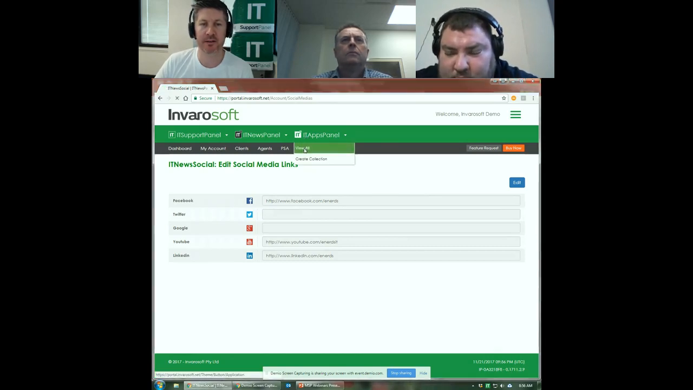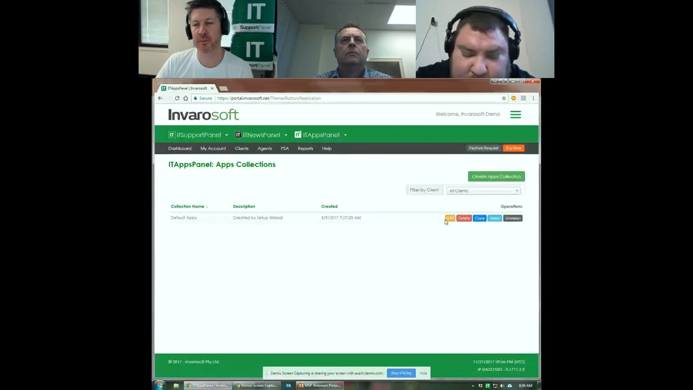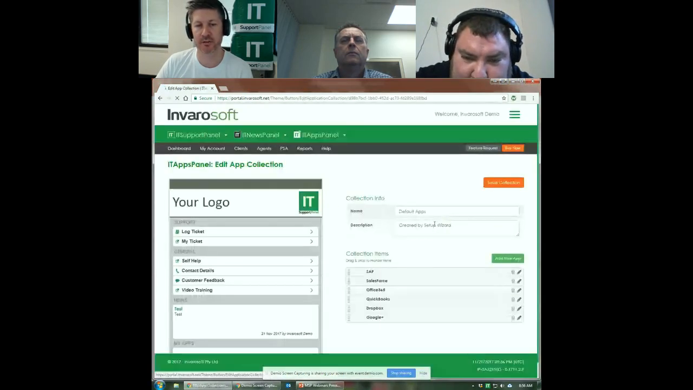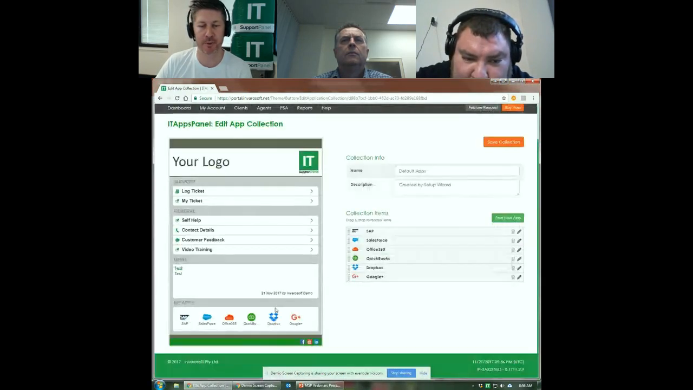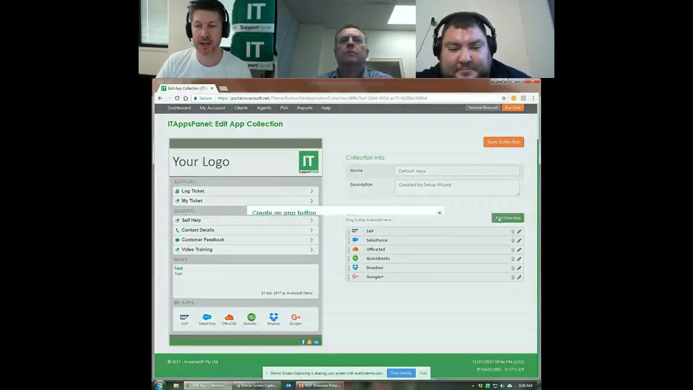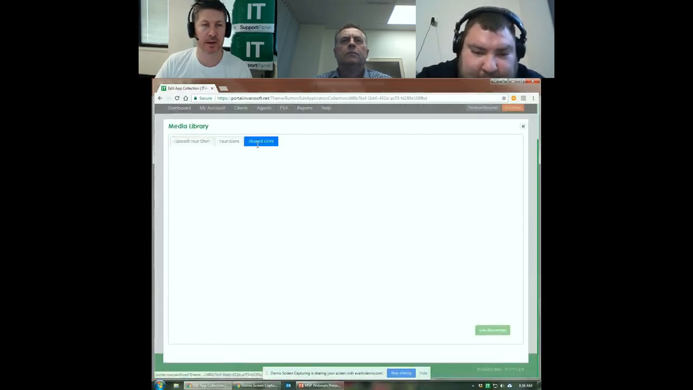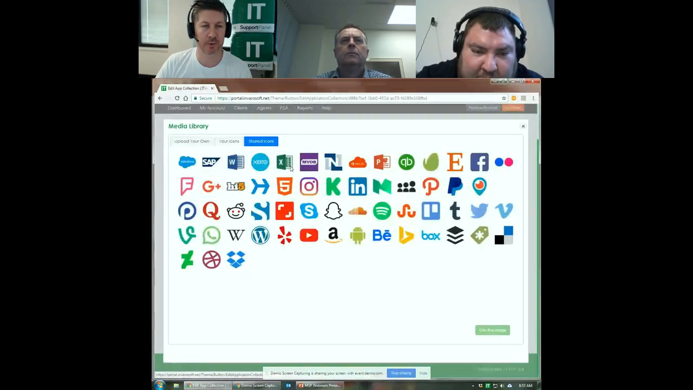So the last part is IT apps panel, and this is what I was talking about before, so you sort of get the gist of it. It's all about being able to customize apps per client. Again, it's all about collections. So you can actually have in the screen, well, it's unlimited is the answer to that, but what will happen is if I add another app, so you can add an app quickly,